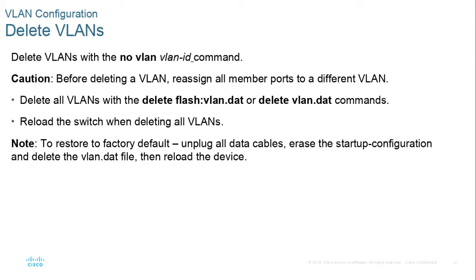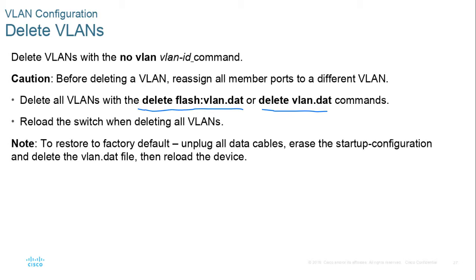Okay, so when we want to get rid of all the VLANs, like we're done with our lab, of course, we're going to do erase startup-config and do the reload command. But before we do the reload command, if we've done any type of labs where we created VLANs, we need to get rid of that. The full syntax is delete flash:vlan.dat. You can simply type delete vlan.dat and then press enter 3 times, and it asks you, do you want to do this? Do you really, really want to do this? And then it will delete the vlan.dat